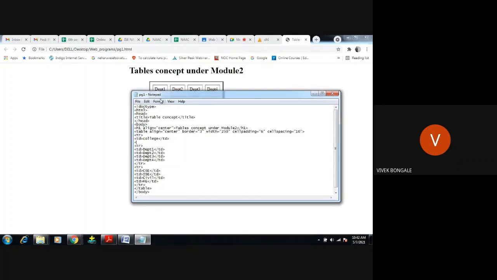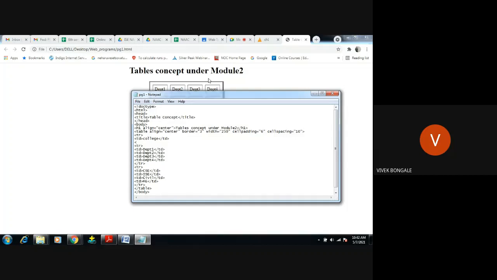Now I will apply this for the 4 departments. Above these 4 departments, I'm going to merge these 4 and you will get one more row there. The content will be departments.